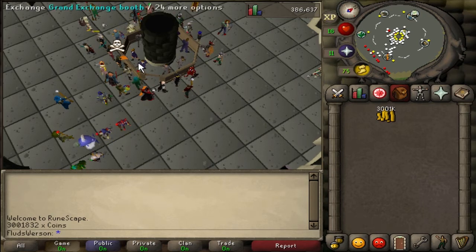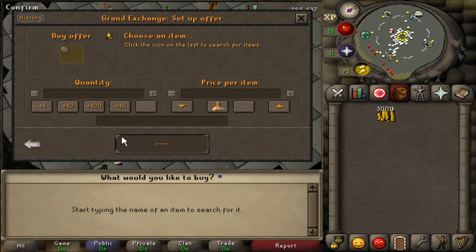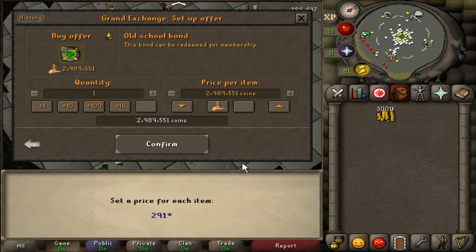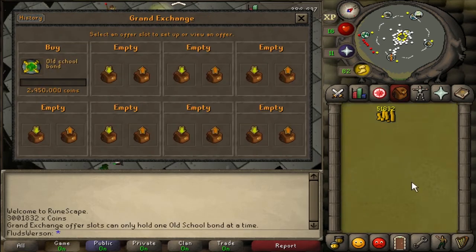I don't know how much a bond is at the moment, and the Grain Exchange price is always a little off, so I'm going to use good old OS Buddy quick to see how much this costs. Why do these things keep getting more and more expensive? I don't like that. Almost 3 mil for this one. I'm thinking this should be enough. According to OS Buddy, it'll...